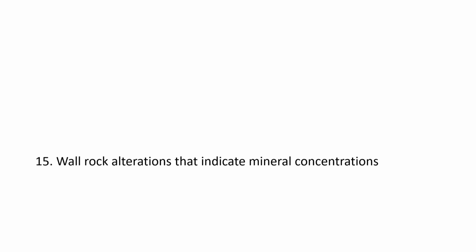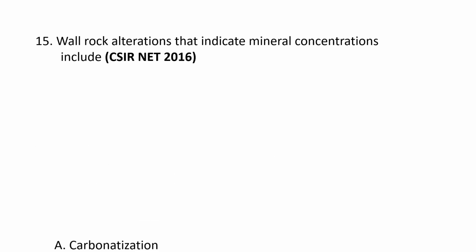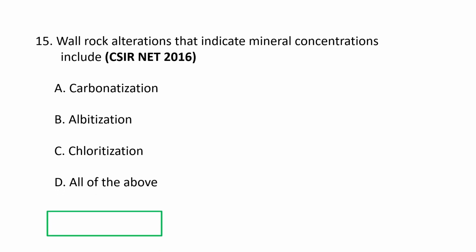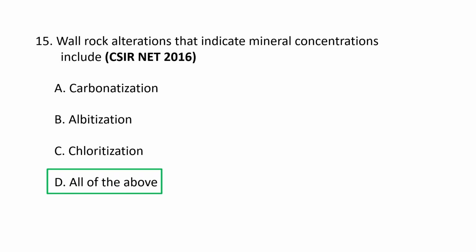Next question. Wall rock alterations that include mineral concentrations include A. Carbonatization, B. Albitization, C. Chloritization, and D. All of the above. The correct option goes as D. All of the above. Wall rock alterations that indicate mineral concentrations, often representing halos or zones around ore deposits, and it includes several distinct processes, types of mineralogical changes produced by hot hydrothermal fluids interacting with surrounding